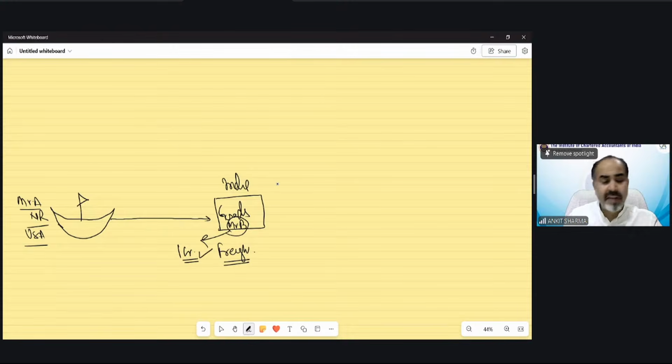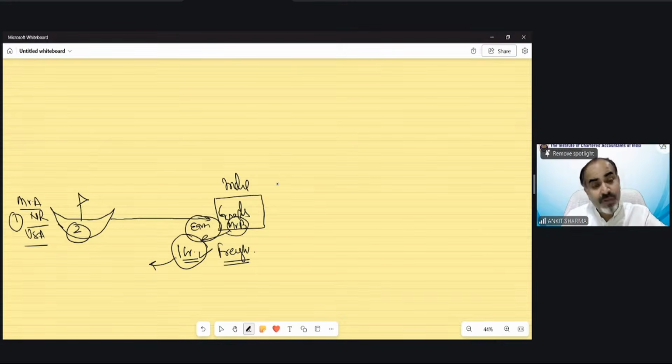Now, after earning 1 crore rupees from Mr. B as a freight, Mr. A is going back. So now the government knows that if he has gone back, then we would not be able to collect the tax on this income. So the provision has been made that if there is a non-resident who is in a shipping business, who earns income in the previous year from India, then he has to pay tax before leaving India.